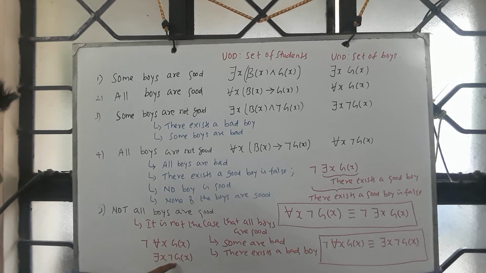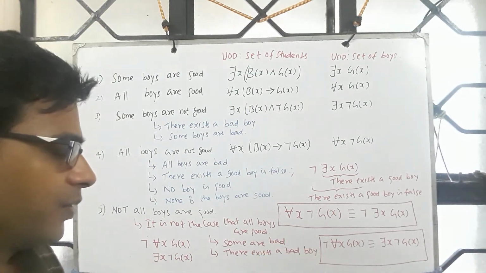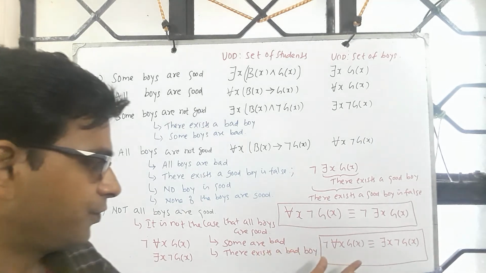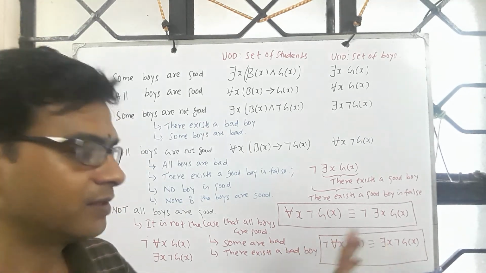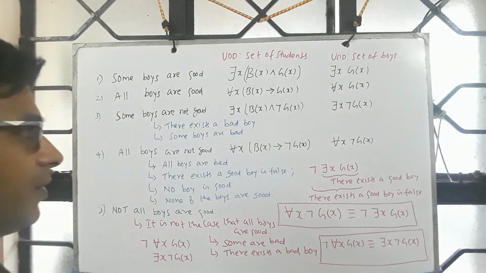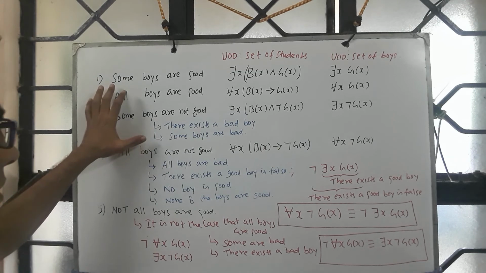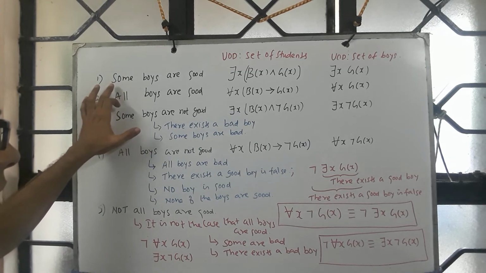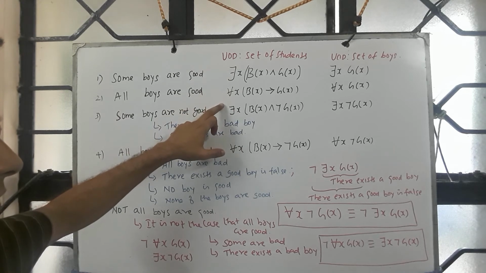There exists a boy who is not good. So they all mean one. In particular, these two are equivalences, and if you find this expression in a context, you can replace this with this. Okay? And so interestingly, one can express with the help of quantifiers, the existential quantifier and the for all quantifier,